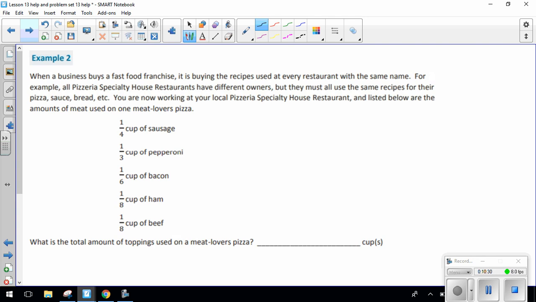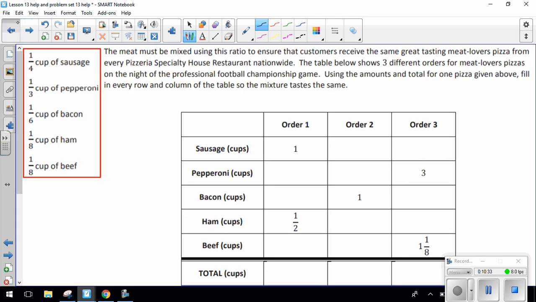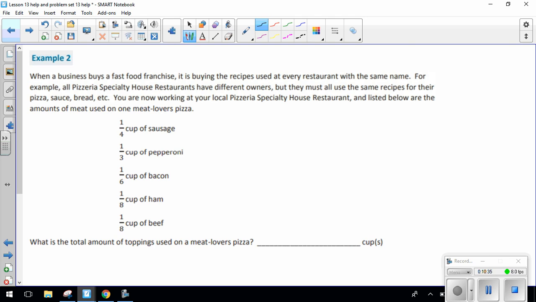So I know there's a chart attached. The chart's going to be on the next page here for me. What I'd like to do here is just answer this first part of the question. So it says when a business buys a fast food franchise, a franchise is something like McDonald's, Dunkin' Donuts, Burger King, Frank's Pizza, pretty much any shop where you go anywhere and you see the same business elsewhere, you can call them a franchise. And generally, like a Sylvan Learning Center,